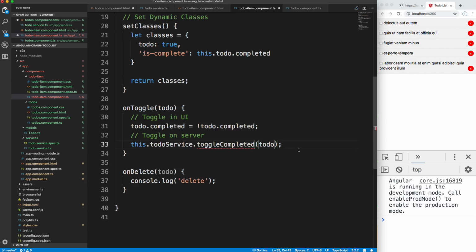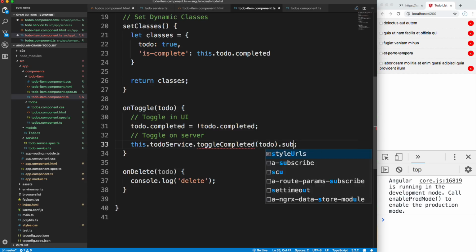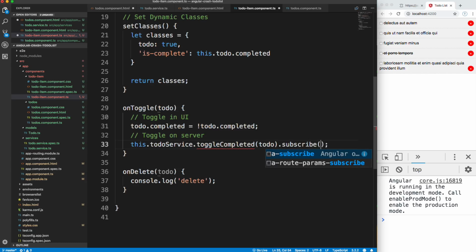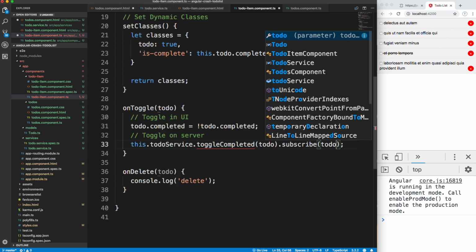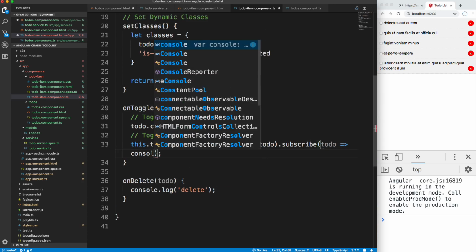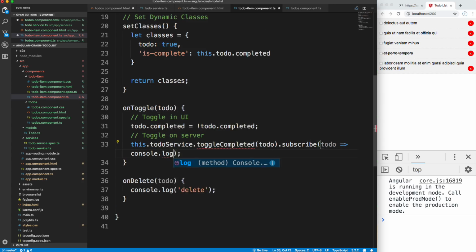Okay. Now this is going to return an observable as well, so we want to do dot subscribe, and then that'll give us that to-do back, and I'm just going to console log it just so you can see that it's actually getting updated. Okay, so let's save that, and then we'll go back to our service,